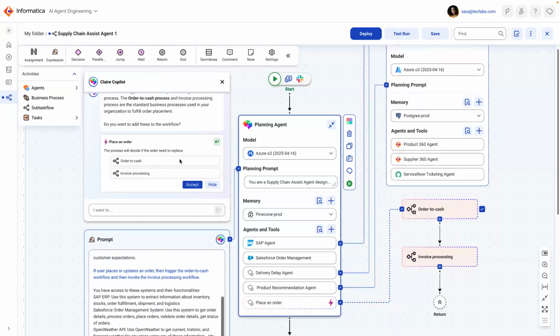In parallel, the Copilot is intelligent enough because it has information about the metadata of your org, right? It's across your IDMC. So Claire will suggest things like, it seems like when you do this, you also need to place an order. So you want to do order to cash processing and invoice processing. And for that, because these are existing CAI processes, you can add that. And it also updates the prompt and adds this